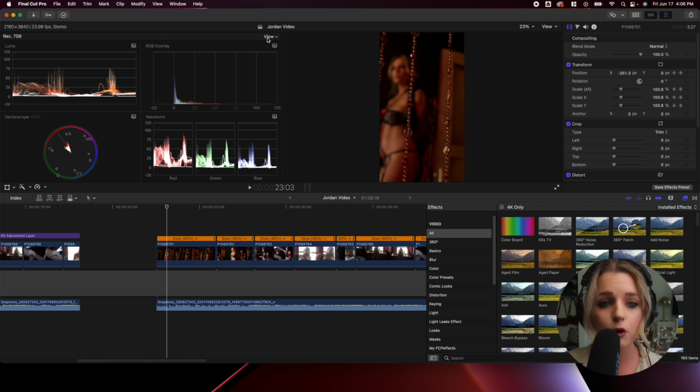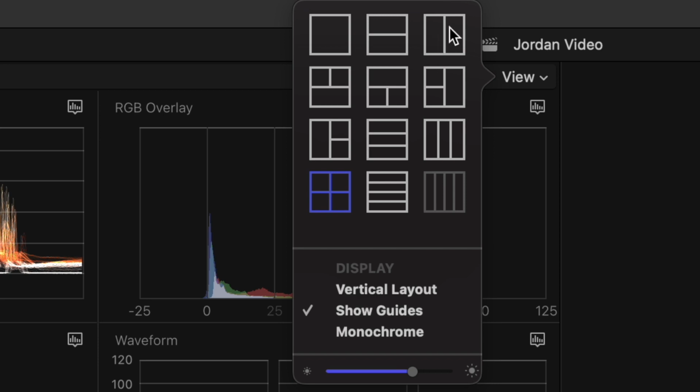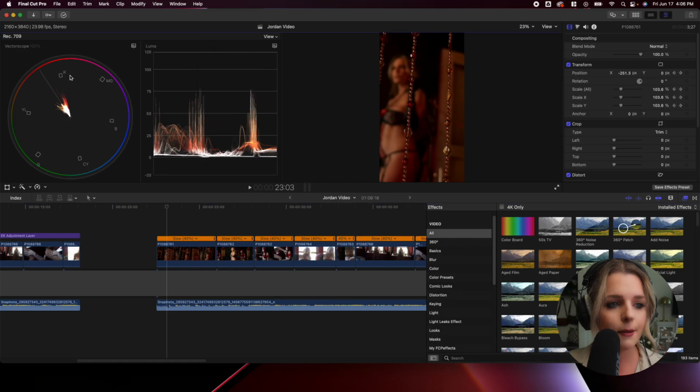So what I do is I go over here to the view, and then I click these 2 little rectangles right here, and then I make sure that I have the vector scope here and the Luma. So what the vector scope is, it just gives me a really good idea of the skin tone. I wanna be sure that the skin tone matches up with this line right here so that it's not too warm, too cool, or too green, or too pink. So I'm gonna make sure that that is there.